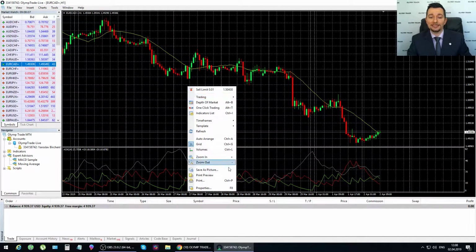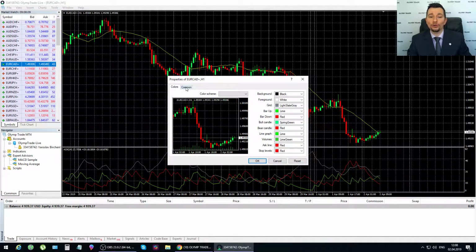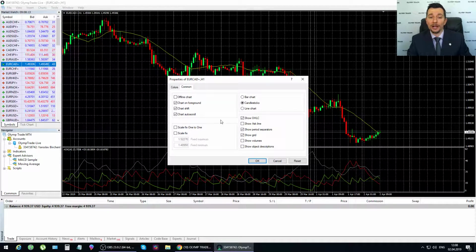Now, besides that, there's an additional window right here of common properties that you can set up on your graphs. And it's very important that you click these things that I'm about to show you. So first,